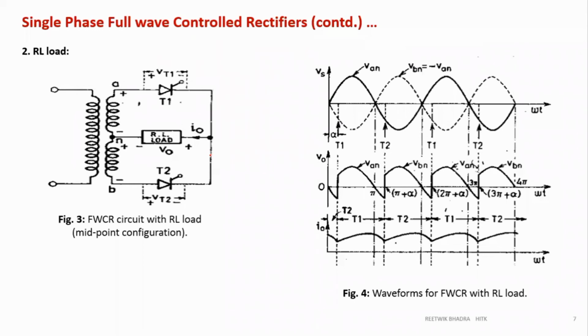Okay, now if you take an RL load, what will be the difference? Only the inductor will discharge. So first half cycle, you know which will conduct? T1. So current flows from this direction, goes in this direction, T1. So what will be V0? VAN, right? VAN. See over here, both are drawn. In the previous diagram, both were not drawn, but you can add to it. You can draw this diagram like this.